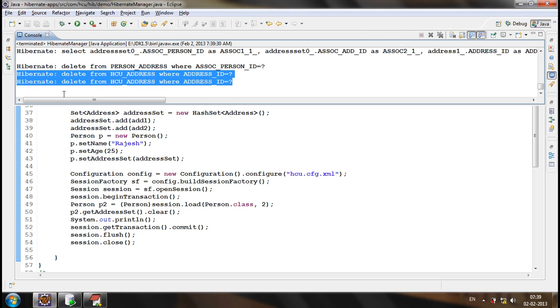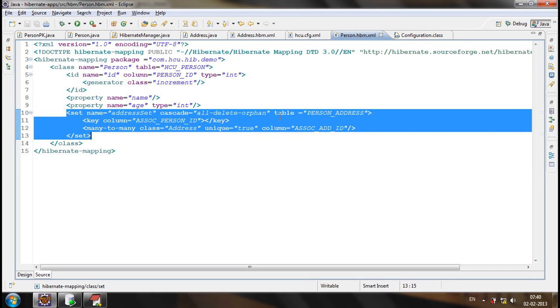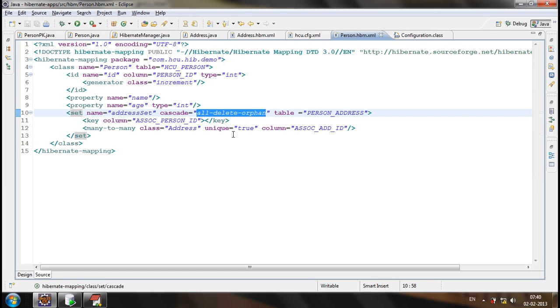So first, from the association table it will remove the records. It will remove all the records for the specific person. From the association table all the records will be removed. And the next step is remove all the records from the address corresponding to that person. Corresponding records from the address will be removed, just because delete orphan is there. Delete orphan means, all delete orphan is my cascade type. If the cascade type is all delete orphan, first the association will be broken and the child records also will